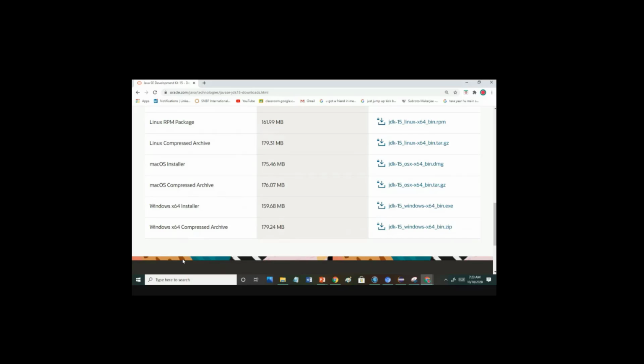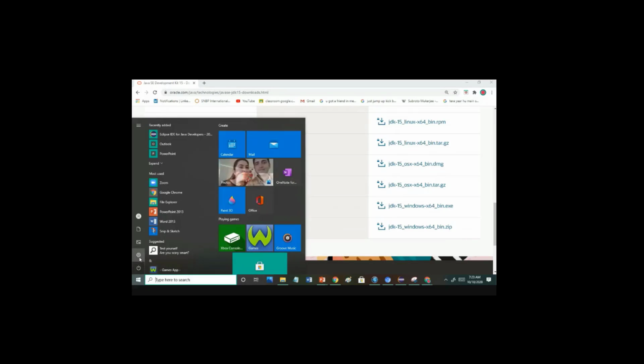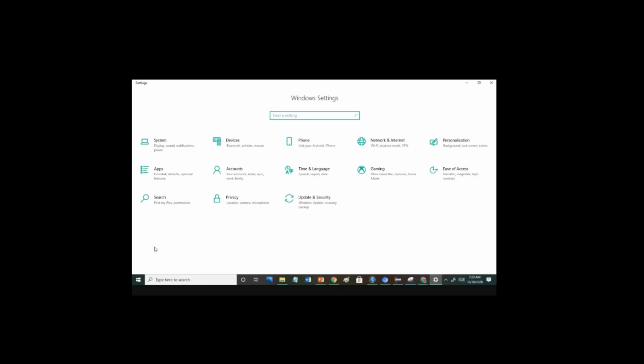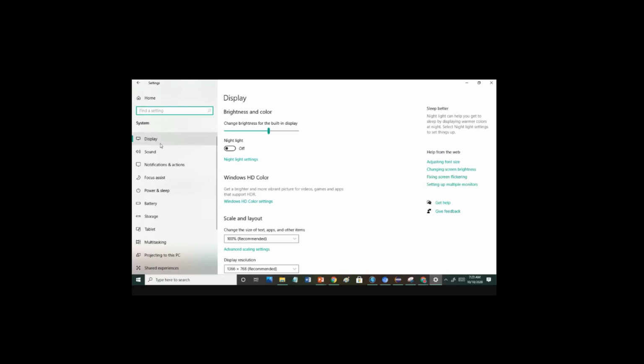Also, I wanted to know that you all have operating system 10. To see your operating system, just go to the start button, go to the settings. In Settings you have to go inside System, and then when you scroll down there is About, so just click on About.